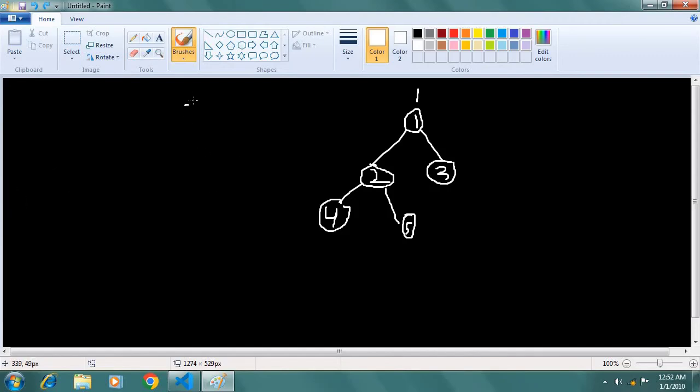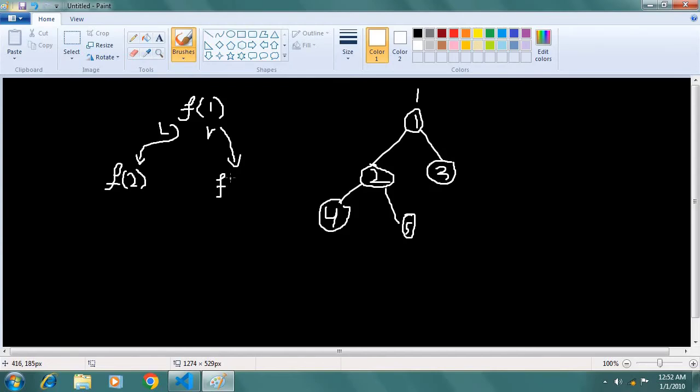First of all I am calling the function for the height of 1. And how can I calculate the height of this binary tree? In the left variable I get the height of the left subtree, so for the left I call this function for 2. And in the right part I call this function for 3. Is it clear? Yes, of course, I think.